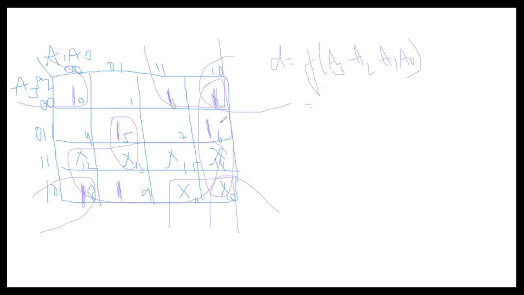First, the 8-box combination: A1 and A0 are 1s, A2 changes from 1 to 0, and A3 is 1. So you get only A3, plus